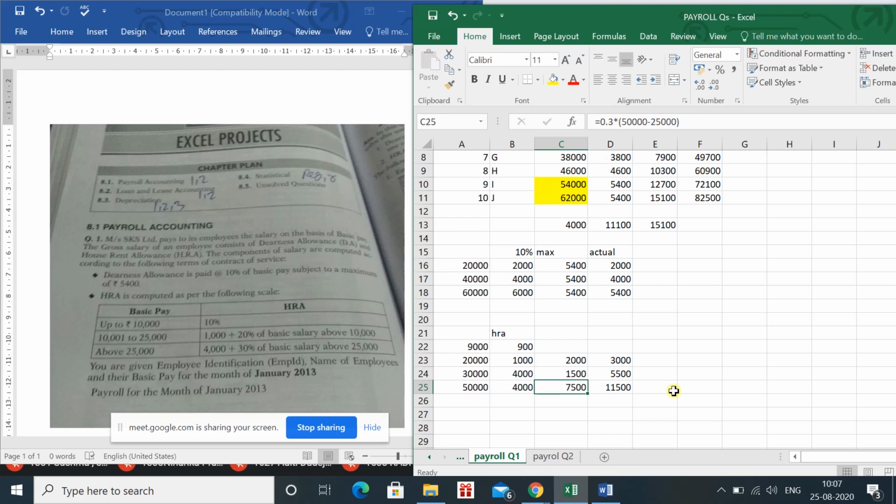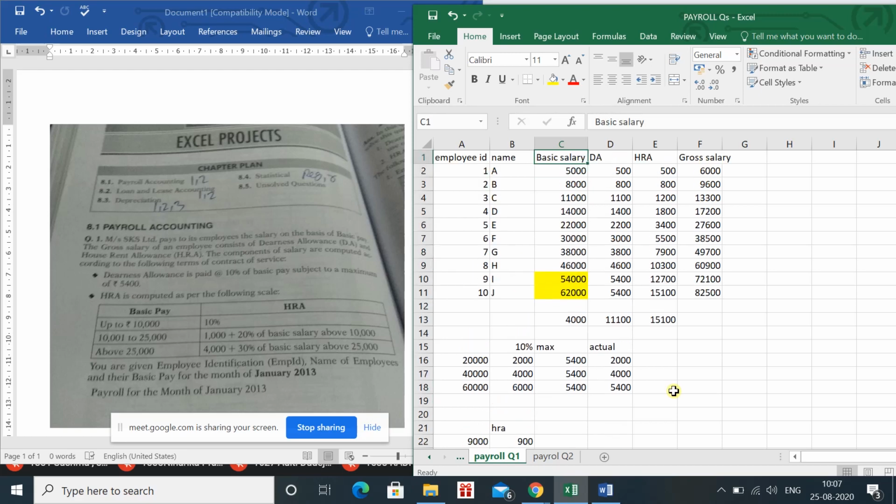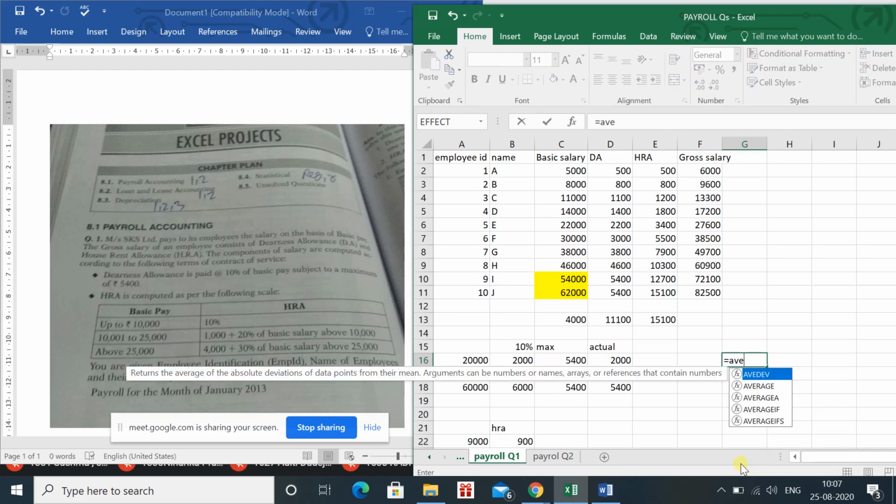Now we are moving to the question. In the question we can apply this by conditions. Before starting it directly, I'm just telling you, in Excel, whenever we are applying a formula, you have to use the equal to sign. Suppose I want to check the average value, or you can say mean value. For that we have the average formula. This is just an example. This average is not related to this question. I'm just telling you how to apply it.